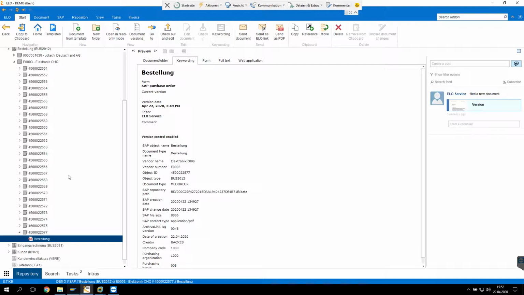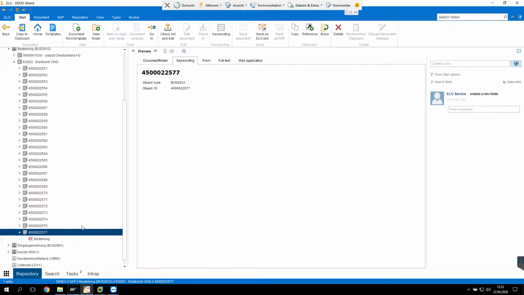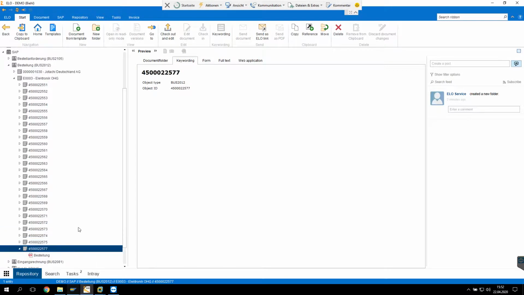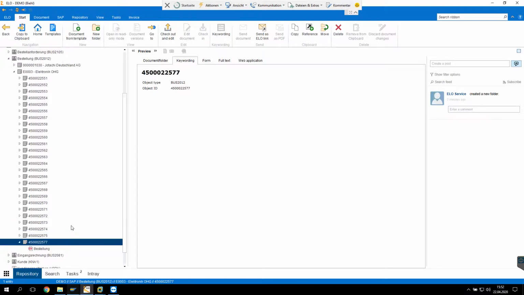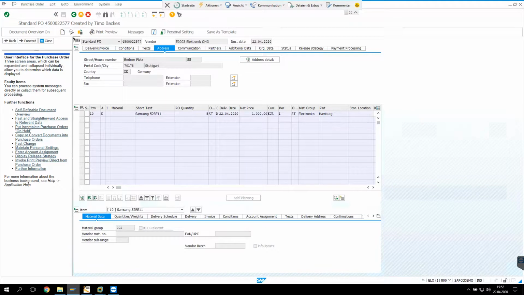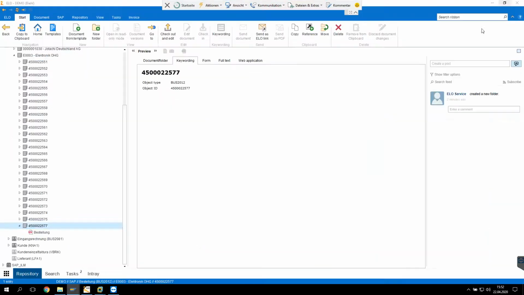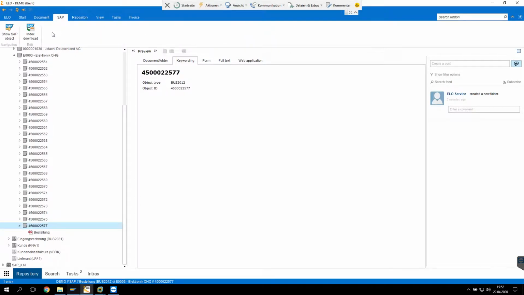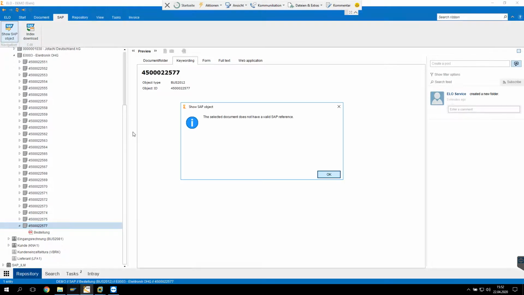Okay, and maybe just to show you the other way around, if I am in ELO and I look at my purchase orders, for example, in the folder structure like this, and I can see this is an interesting purchase order, I would like to show it in SAP. So maybe let's just close that so that we can be sure that there's nothing open in the background. And if I go here, we have this tab SAP, and if we click on Show SAP Object,